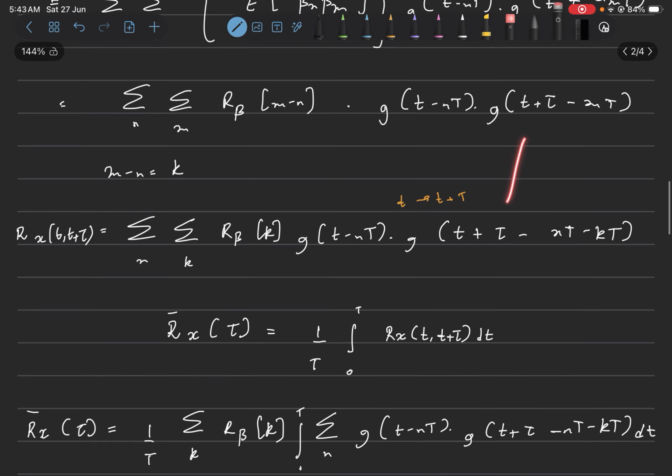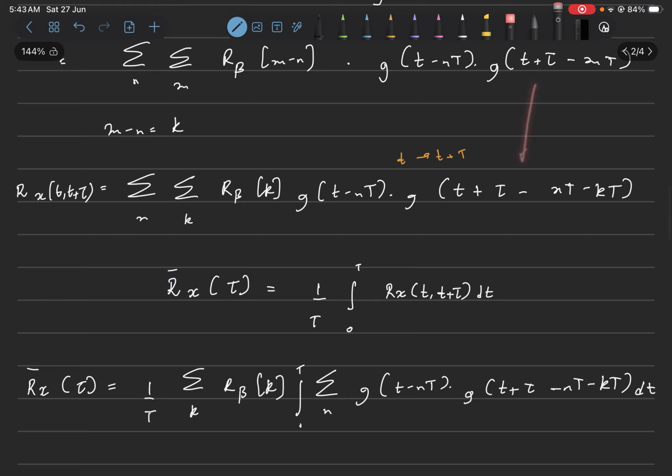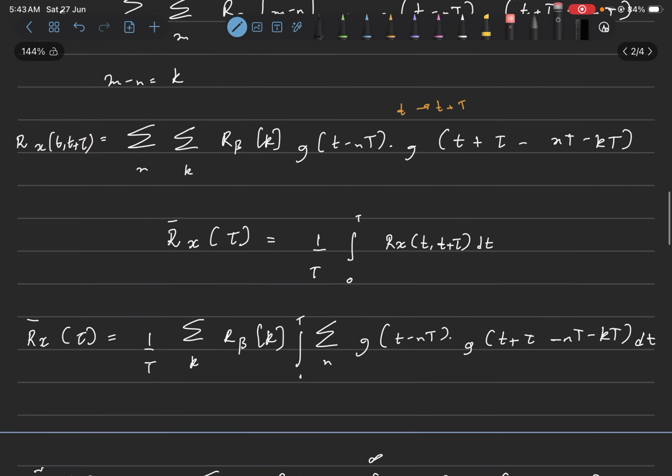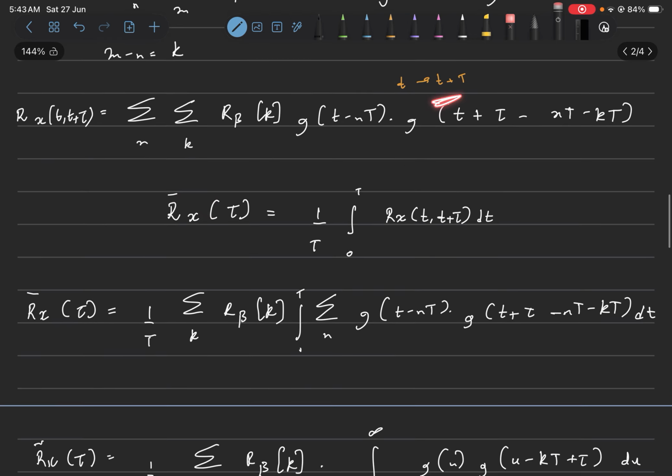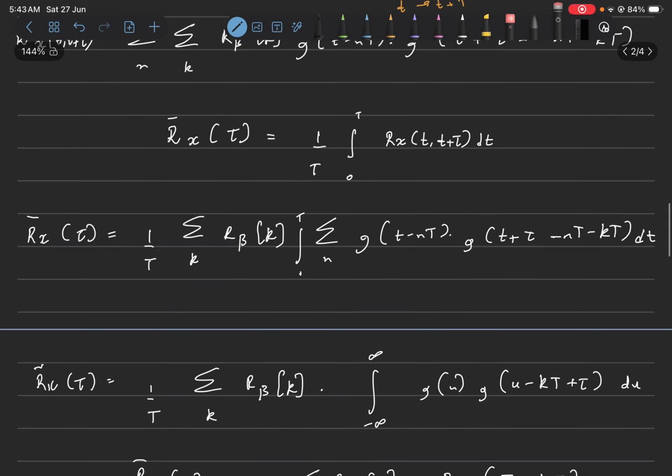Now these two can be copied here as is, and this is Rx of the pulse x(t) at a delay tau. Here this is periodic in t, because replacing t with t plus T makes no difference, because of these limits from minus infinity to infinity. The extra T can be clubbed into these indices. So we can define an average autocorrelation function because this is T periodic. We can take the average of the autocorrelation function over period T by integrating from 0 to T and dividing by T, taking the average of any function over a time period of T.